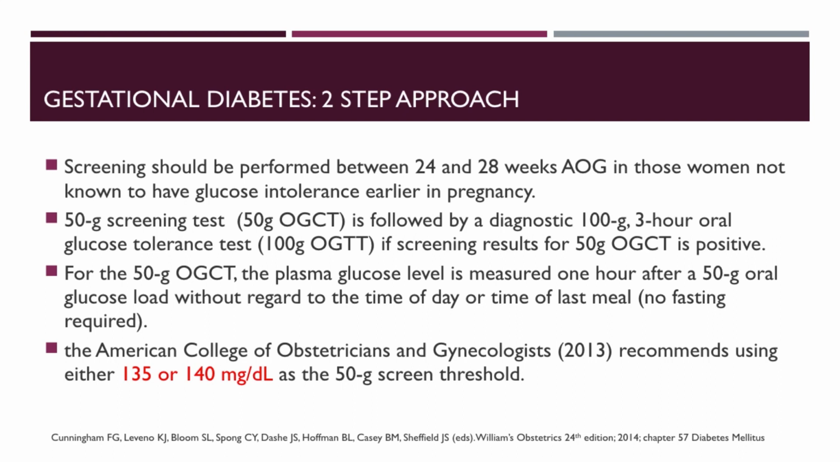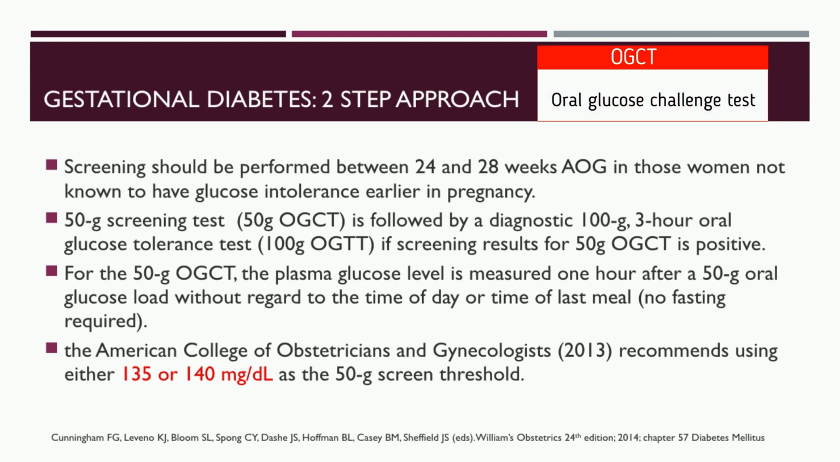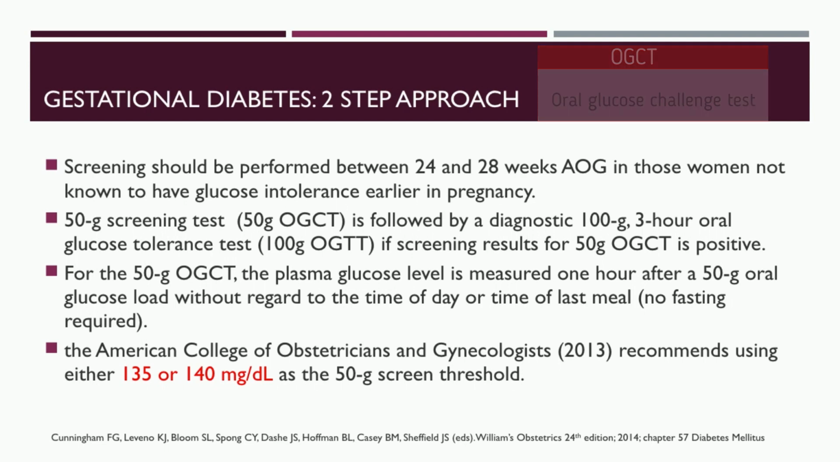Screening should be performed between 24 and 28 weeks AOG in those women not known to have glucose intolerance earlier in pregnancy. So we start with a 50 grams screening test, a 50 grams OGCT, which is followed by a diagnostic 100 grams 3-hour oral glucose tolerance test, or 100 grams OGTT, if screening results for 50 grams OGCT